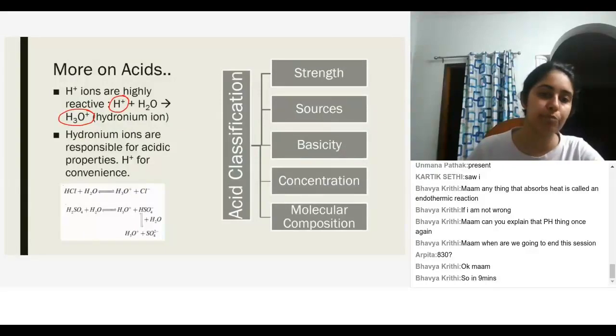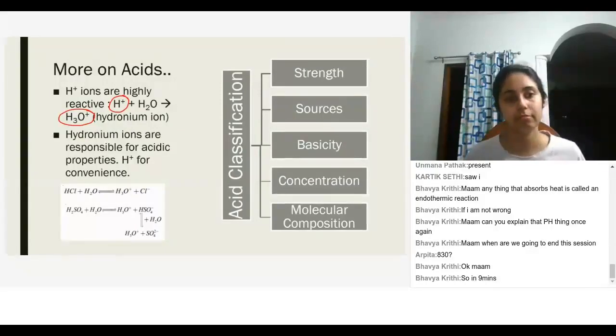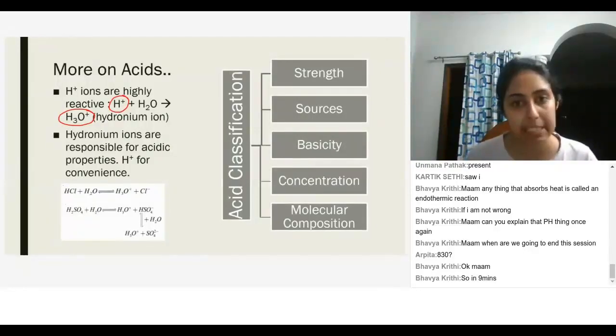Yes? You said that it has to have the duplet rule, hydrogen. So it either gives away the electron or takes one, right? So it is supposed to be stable, right? Because it doesn't have any electrons. Good question. It is supposed to be stable, yes.